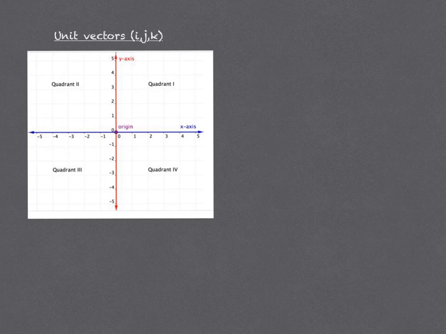Hi everyone. In this video we're going to be talking about the unit vectors, which are those i's, j's, and k's. Alright, we are going to mark a location for a point on this coordinate system, and we'll mark it at 3, 4, and we'll just call that point A. Okay, now if we make that a displacement vector from the origin to that location, we now end up with vector A, right? Point A was at a position of 3, 4,